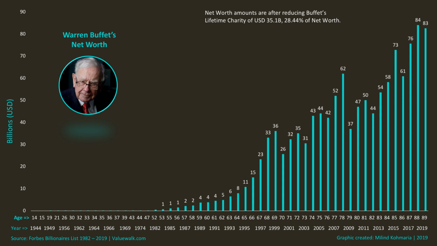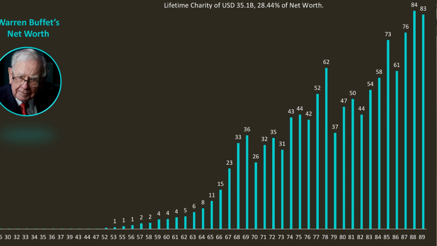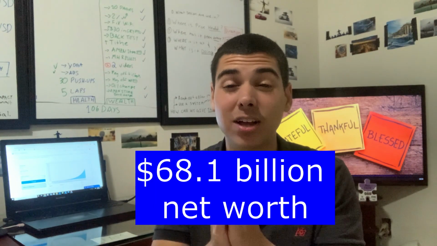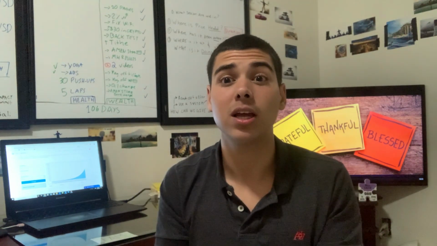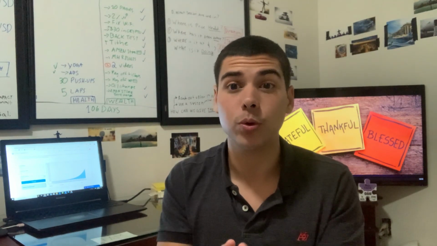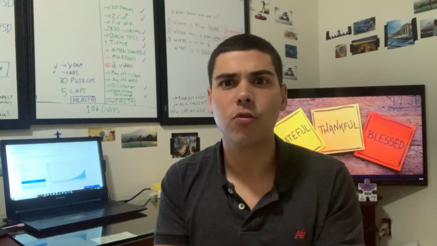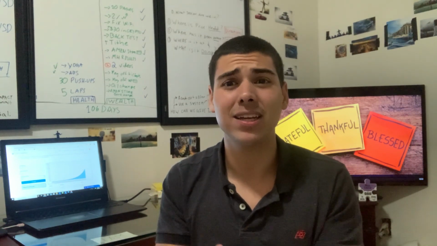But you see that most of his wealth was actually built in the last quarter of his life. This man is now worth over $60 billion, and he started off with only a couple thousand. Now, I want to go ahead and show you the power that compound interest can have in your life for the next 5, 10, 20, even 30 years. Let's go ahead and hop on the computer and let me show you.